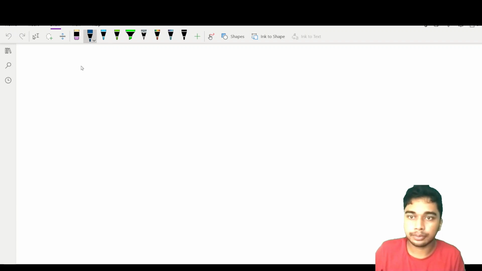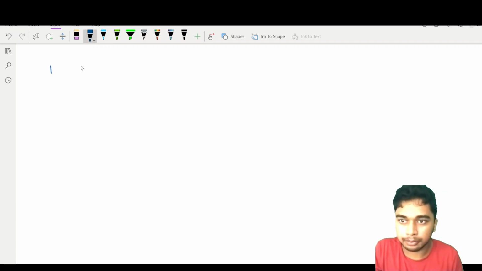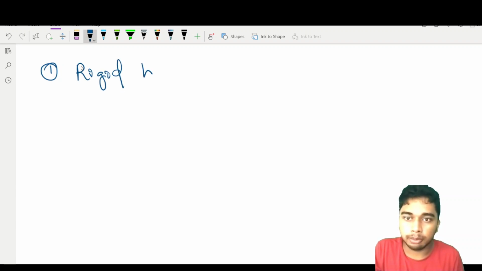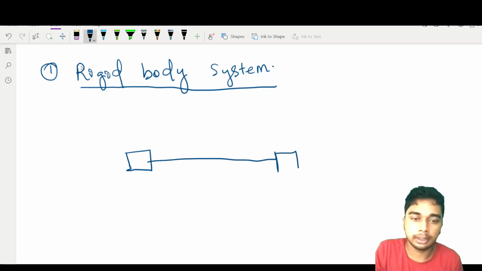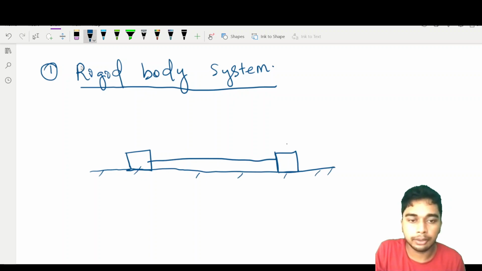So first comes rigid body motion, a rigid body system. So what is a rigid body system? For example, I consider two blocks and they are connected by a wire which remains tight and they are lying on the ground. For example, if the body moves right with velocity A